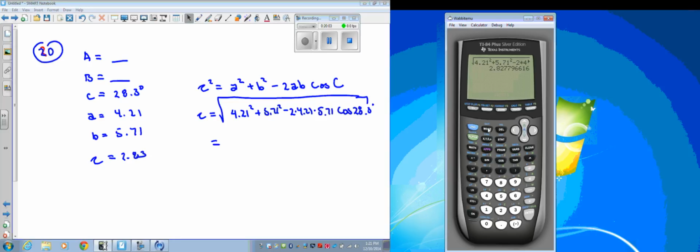So now on that case 3, what's it say? It says find the smaller of the two remaining angles using the law of sines. So this one. So the two remaining angles. Which one of these two is the smaller? A is. So what we want to do is the law of sines, so we'll do the sine of A